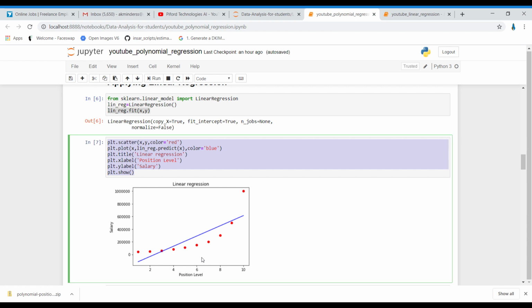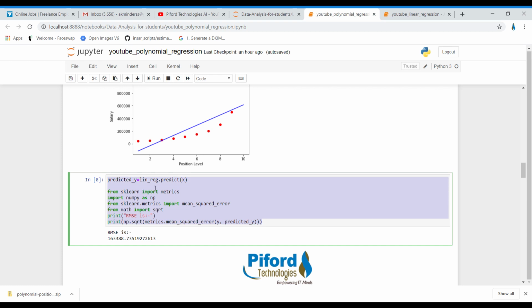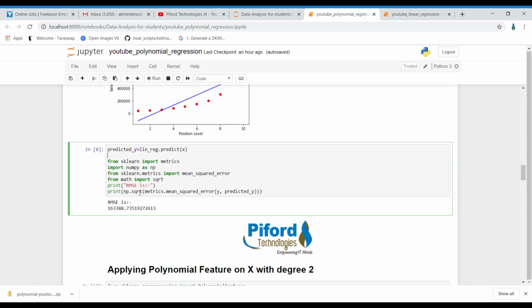Now on the same data we'll use polynomial regression. So how to do that? Okay, this is what I've done. I have calculated the RMSE also, RMSE on this data, right? I've already told you how to calculate RMSE: the difference between the actual y and the predicted y, right? So this is the RMSE which we are getting when we apply the linear regression algorithm on non-linear data.